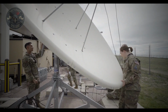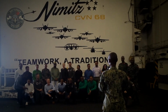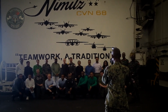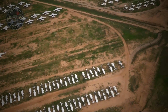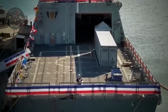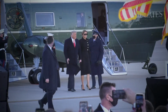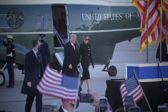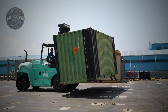The AN/SPS-73 and associated surface search radar suite at another $3 to $5 million. Lamardis at approximately $8 million per system. A single MH-60R at $37 million. The Helios laser system at over $150 million per installation. The ship itself, an Arleigh Burke Flight IIA destroyer, costs approximately $2 billion. That cost ratio, attack cell at a few $100,000, defending sensor and weapon suite at hundreds of millions, is the